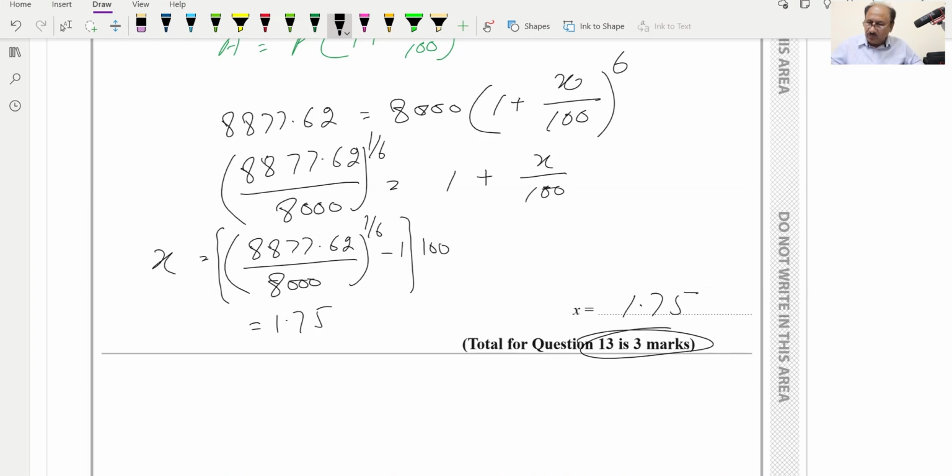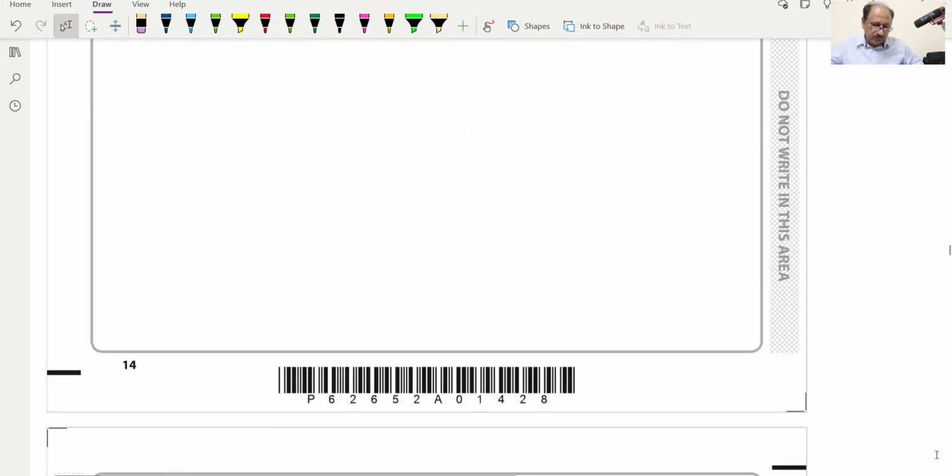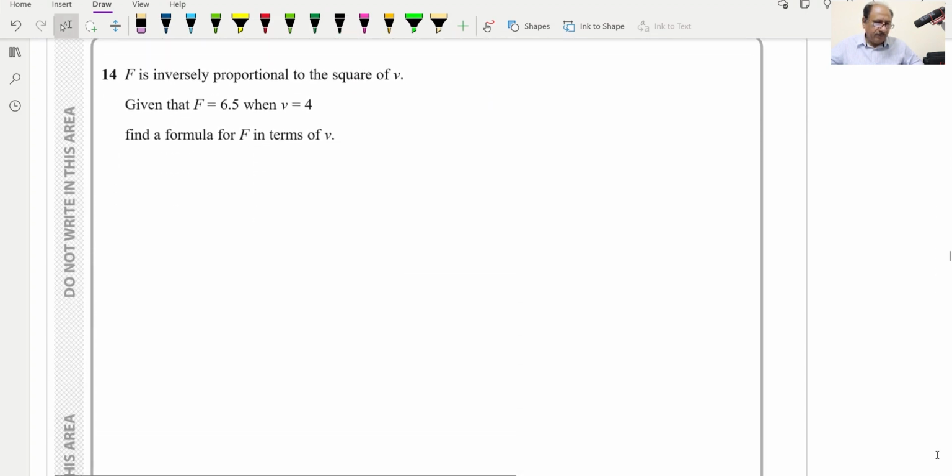This was a 3-mark question which we are done with. Now question number 14, it's a proportionality question, a variation question. F is inversely proportional to the square of v, so we can write f is inversely proportional to the square of v, and then they are saying